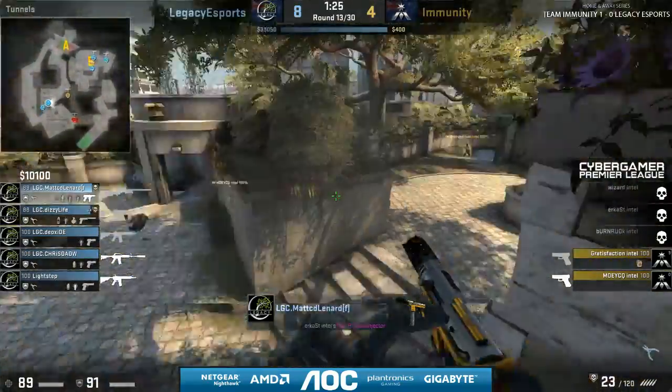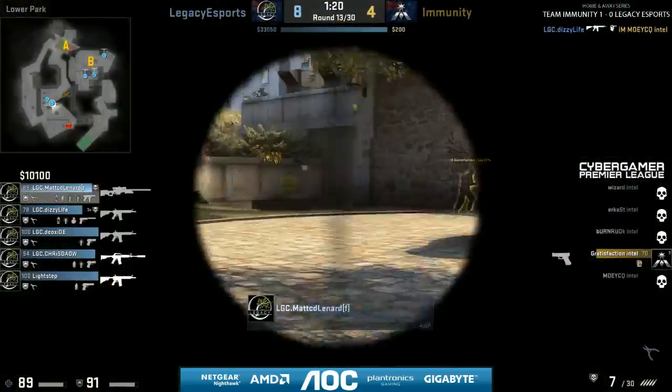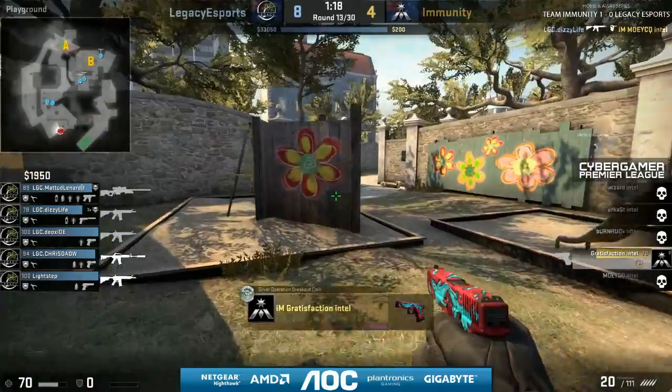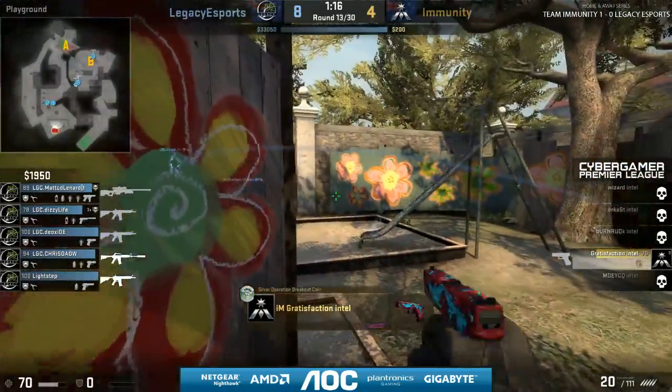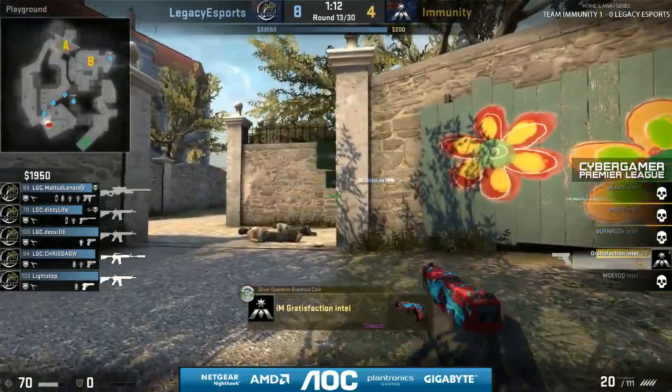Moe has been spotted out by Matt, and Matt looking to rush now with a Tech 9. What a shot by Dizzy, though, to back him up. Dizzy and Matt CD. Dizzy with a 3K in this round. Matt picking up 1, and Dizzy going to look for number 4 here on Grat, who's pushing with a...